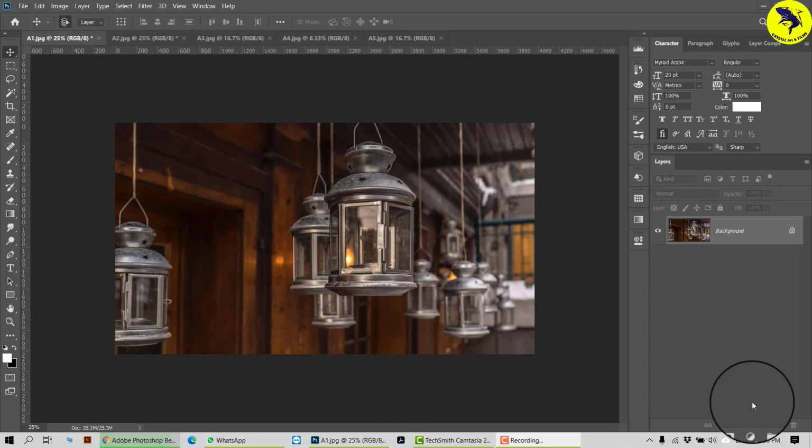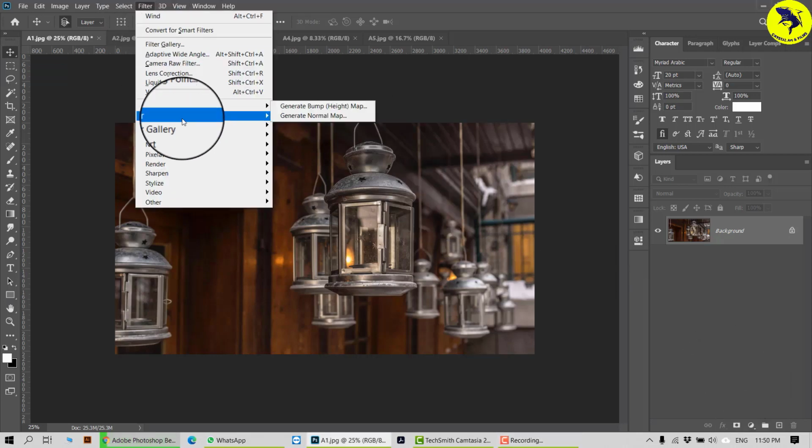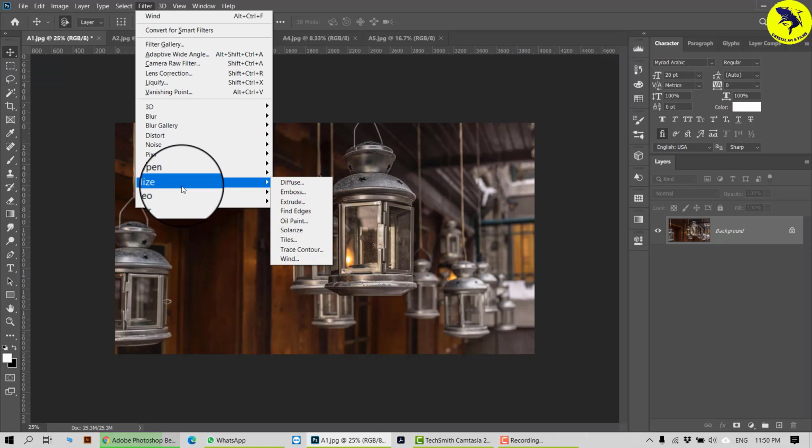Everyone, I am back with the new series. In this series, I will be talking about all the filters your Photoshop has. The filters are here and you have these different kinds of filters. Each one has its own speciality and is used for a different purpose. Each one gives a very nice effect on your pictures.